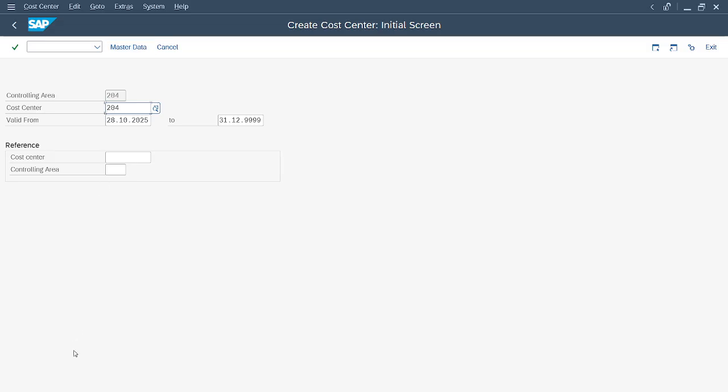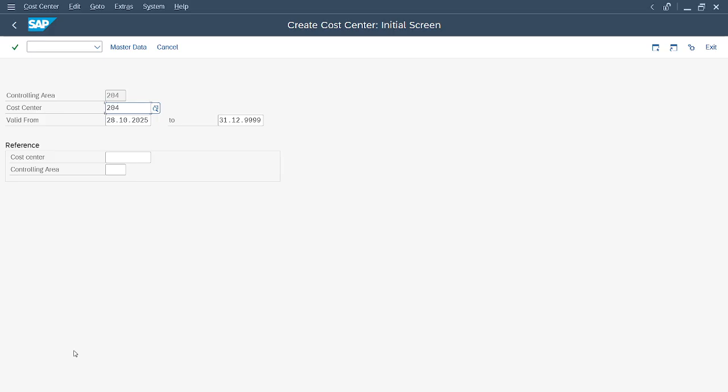One more thing, we said this hierarchy can be multiple. What is this hierarchy basically? See, hierarchy is basically like an identification. Every controlling area has its own separate identification.